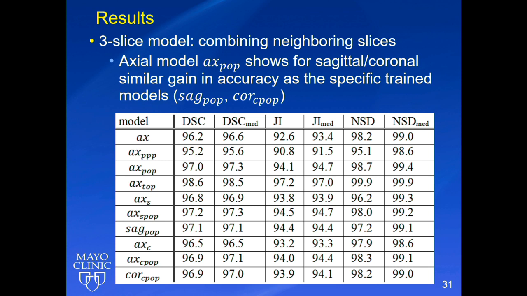With the previous and subsequent slices involved, so the current intensity profile enriched with the classification guess previously and subsequently, one gets significantly increased results. So 96 goes up to 97. For axial, the same is true for sagittal, coronal. So this increase in